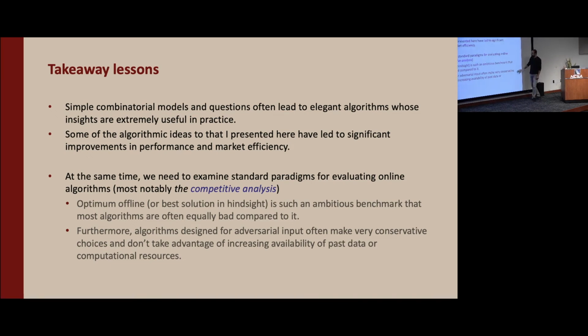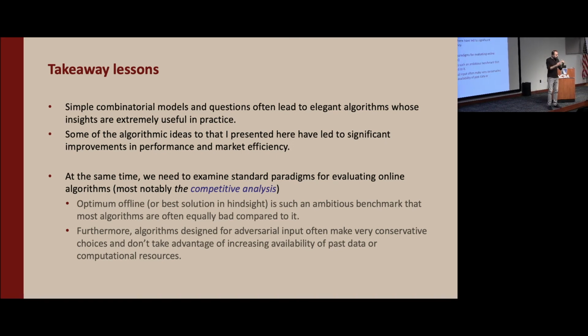One is that often the optimum offline that you want to compare yourself against is such an ambitious benchmark that most algorithms are just bad. For most problems that you start with, most likely the best competitive ratio that you can come up with is unbounded. Then you have to think about the special case. And even then, for the special case, you get stuck too early. You come up with a simple algorithm and it gives you maybe the best competitive ratio, and there is this wide range of algorithms that you cannot compare against each other because you're comparing against something that's so far away, so ambitious.